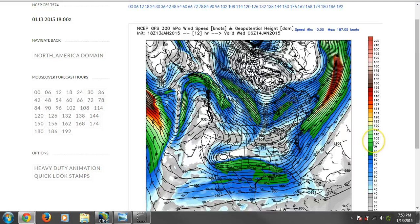What I want you to see, basically, we've got going on what we meteorologists call a split flow. The jet stream is entering in over here, and boy, it's just roaring over here off the Pacific coast, and then it really just sort of splits into two branches of the jet stream. And notice how it's sort of coming here. Here in the middle, we've got a cutoff low pressure over here, and in fact, we've had some low pressure over here as well. And basically, what you got going on is we're sort of sandwiched in between the two of these flows of the jet stream, with the northern branch up here, the southern branch down here, and we've